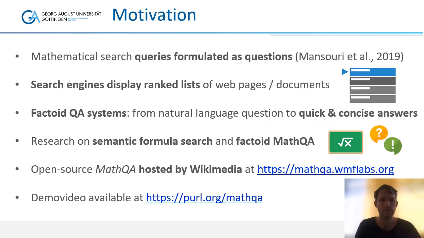Let me start with our motivation. According to a recent study, a large part of mathematical search queries are formulated as well-formed questions. Search engines typically display ranked lists of web pages or documents. In contrast, factoid question answering systems allow the user to pose questions in natural language to provide quick and concise answers. In this paper, we present our research on factoid mathematical question answering using our open source MathQA system hosted